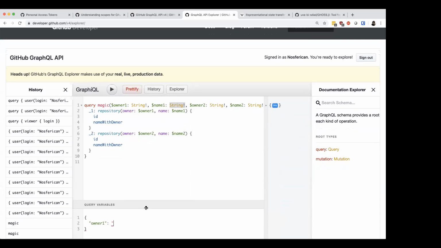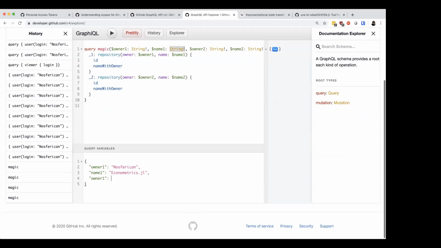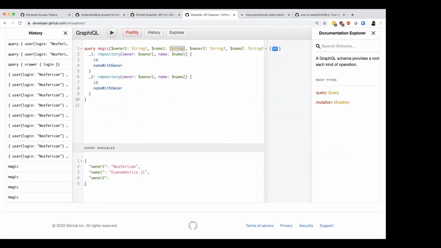So here I'm going to say the owner will be Nostrican, name one will be colorimetrics, owner two will be, well, let's do Julia Lang. Name two will be